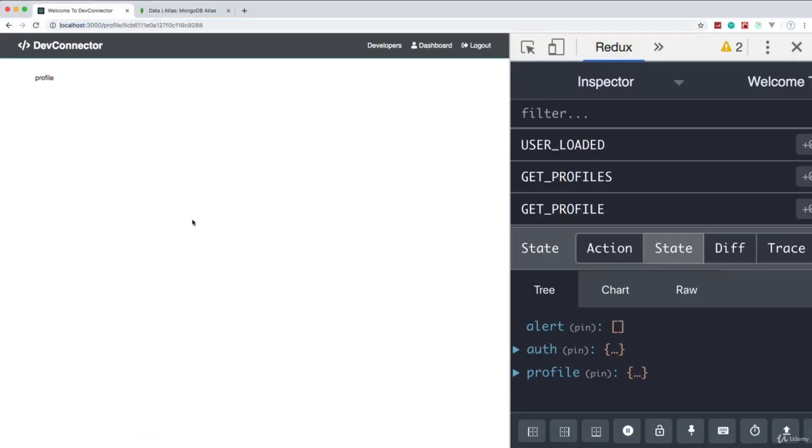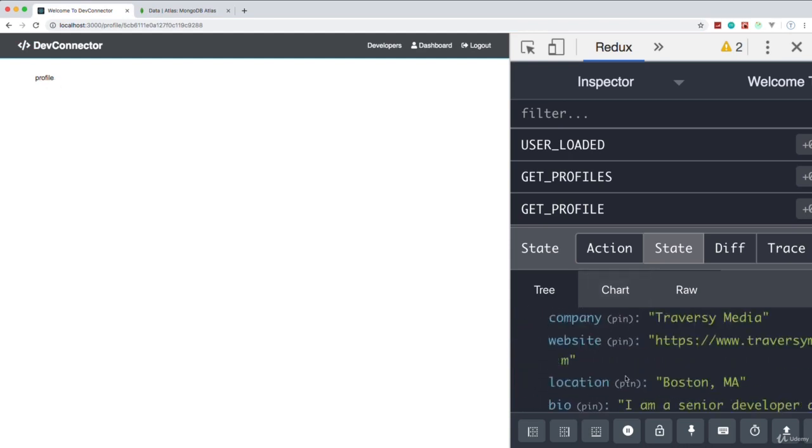Let's say view profile, and there we go. So we get profile, and if I look down in the state here, you can see that we have